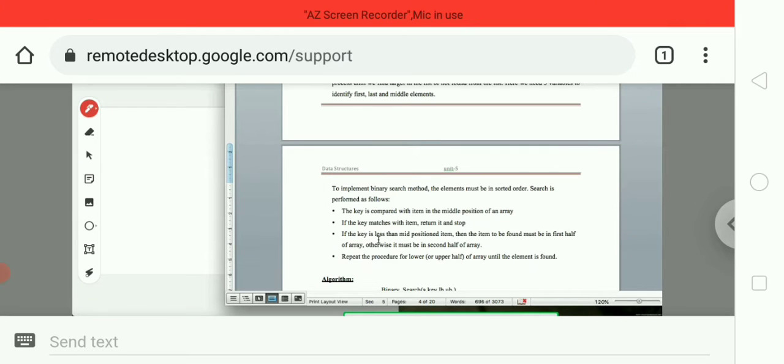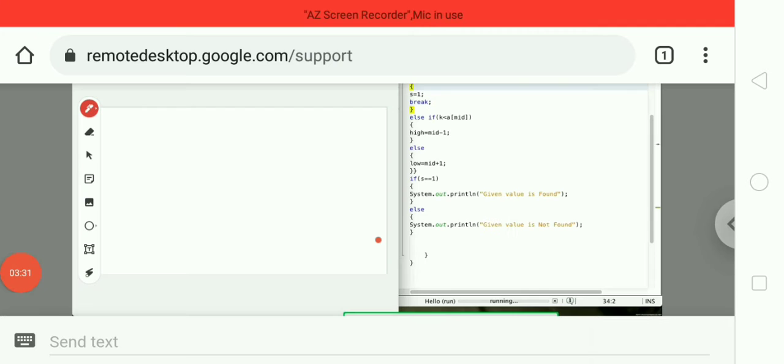Now let us discuss this concept by using a small example. Now let us take some elements to search an element using binary searching technique. First here I am taking some values. Okay, in binary search technique we have to take the elements in sorting order. If the elements are not in sorting order, we have to make those elements sorted. So sorting order means ascending order. So I am converting these elements into a sorting order.